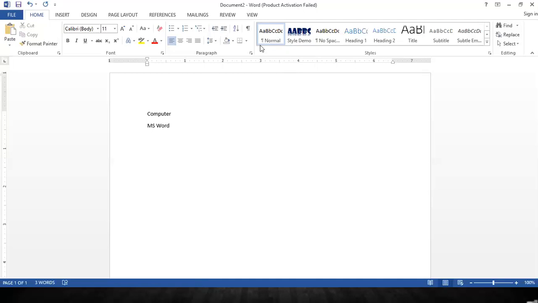Right now you can see both texts are simple. So now if you want to apply the style on any text, then first you need to select the text on which you want to apply the style. After selecting the text, just click on that style and that style will be applied.